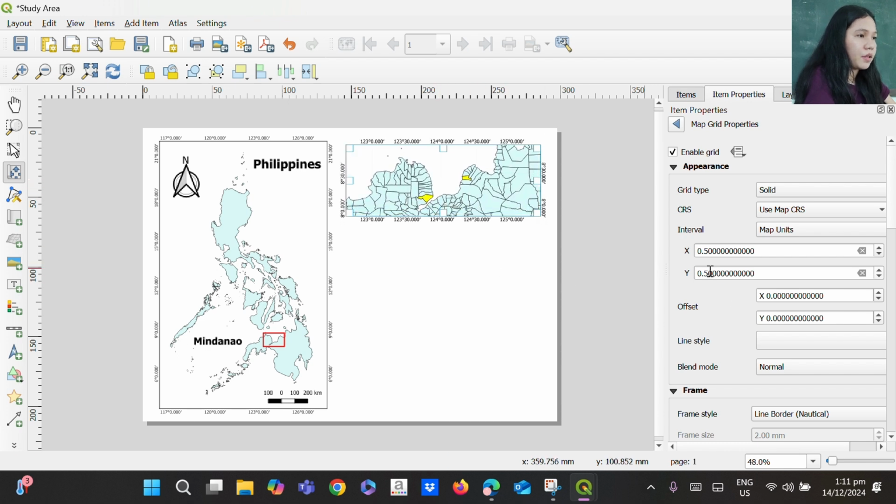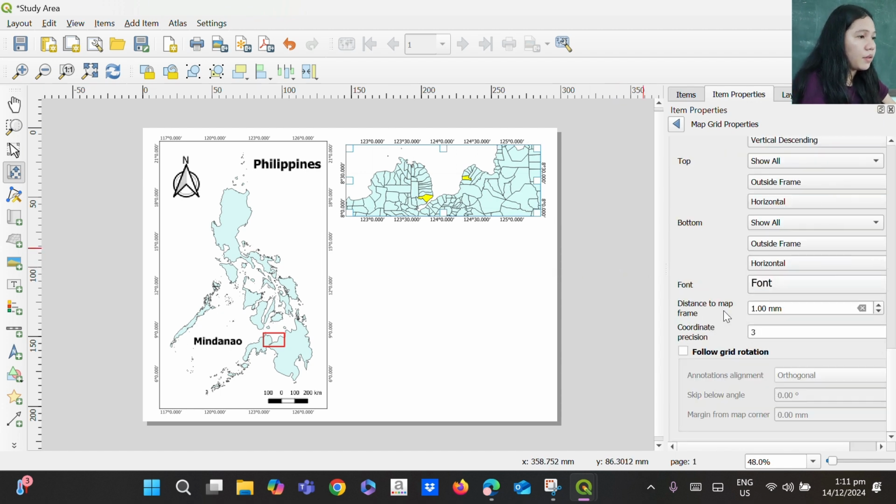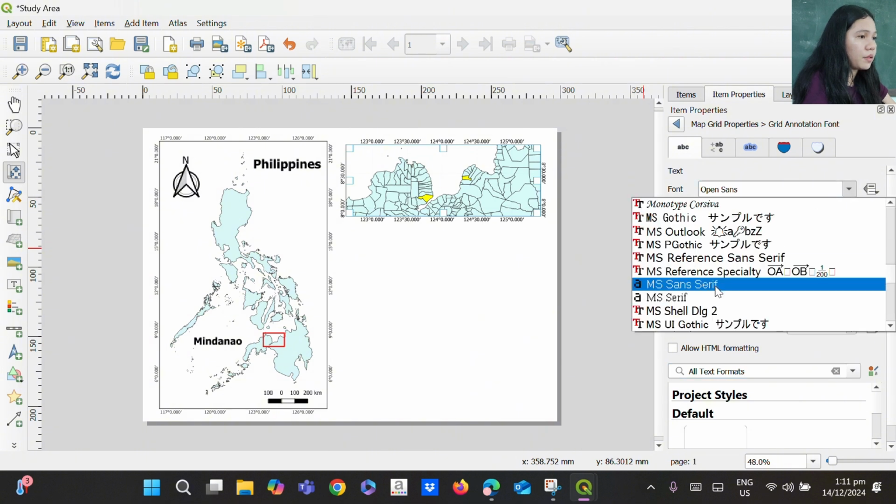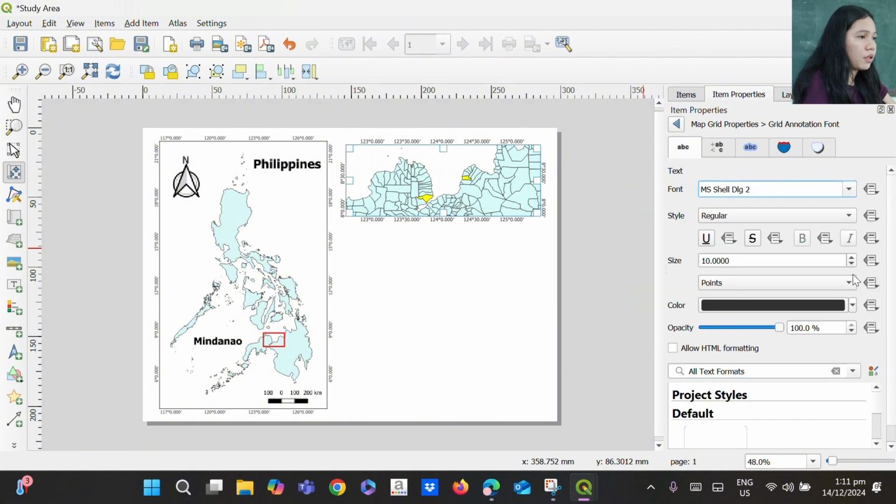And I have 6 here, 5 and 6. And after that, I'm going to change the font style of my coordinates. I'm going to choose the same font style as earlier. Then for the size, I'm going to have 9, same as earlier.